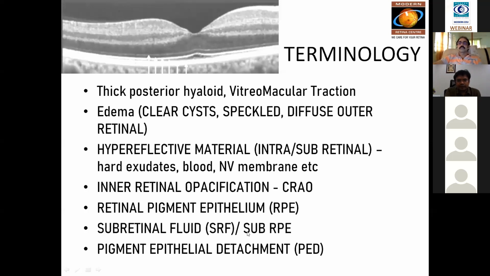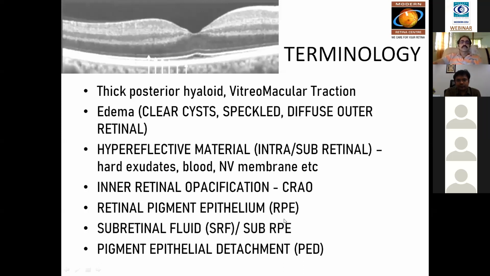Then subretinal fluid and sub-RPE fluid. This we have to understand very clearly. Subretinal fluid is nothing but fluid between the neurosensory retina and the RPE. It is not below the RPE. The term subretinal fluid, as it indicates, we commonly think is the fluid between the retina and the choroid, but it is not so. Even in case of detachments or in central serous chorioretinopathy, the fluid is sub-neurosensory retinal, that is, below all the layers except the RPE. Below this potential space, if there is fluid in this area, that is called subretinal fluid.